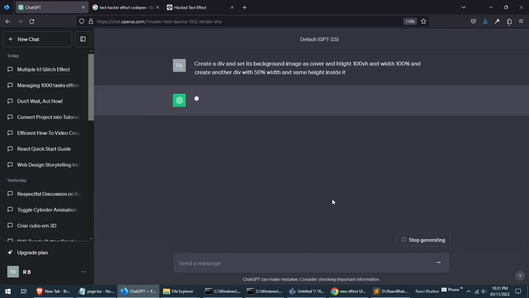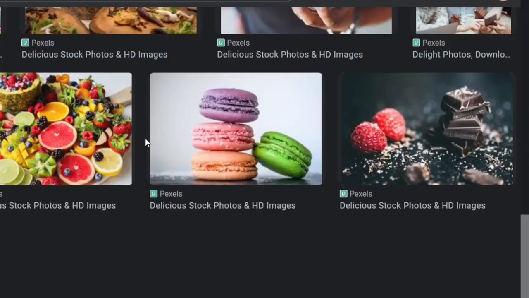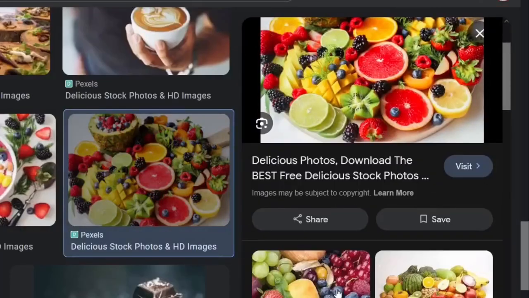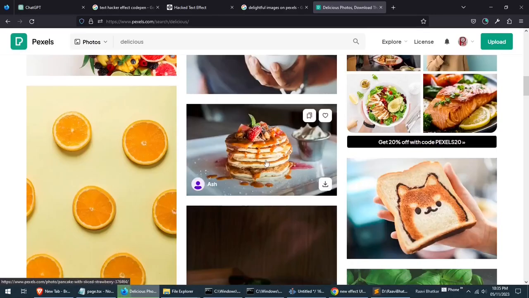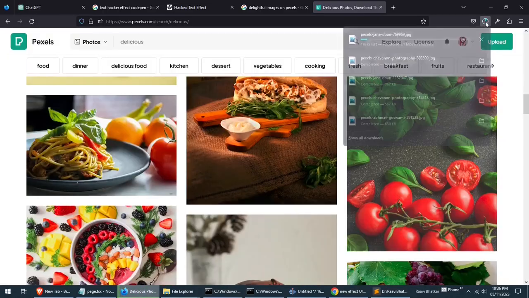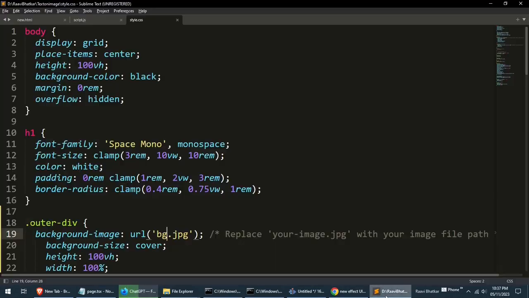Here's the generated code. But it always needs a little modification. But first, let's pick some attractive images to put in the background from Pexels. There are a lot of images. Choose your favorite ones. Because the code we took has some padding added, just remove it and position its div